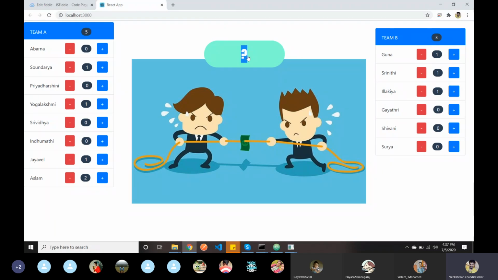Why do we need split and push functions in JavaScript? Surya, are you on the line? Surya. Yeah, tell me, bro. What is split and push? I need the answer. What's the question, bro? Split and push functions in JavaScript, man.